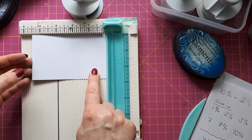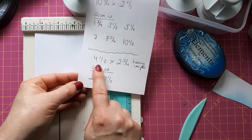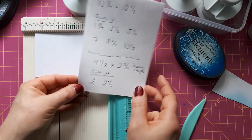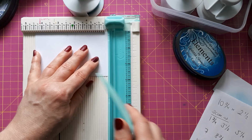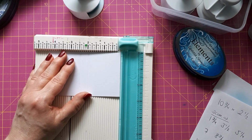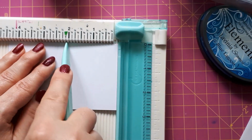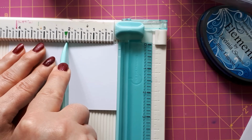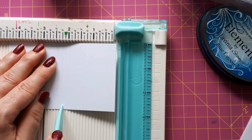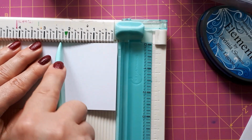So for the outer book, I already showed you this. It's 4.5 by 2 3/4, and I told you to score at 2 and 2.5. But I found afterwards, to get a nice spine, it's actually better to score in between the 2 and the 2.5 as well. So I will score here at 2 1/8, 2 1/4, and make sure this doesn't slip now, and then 2